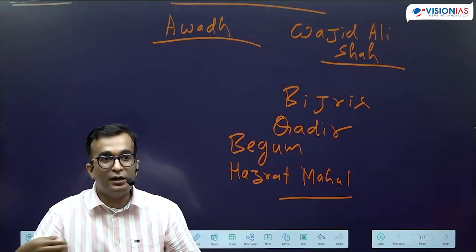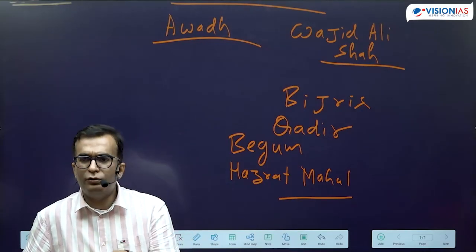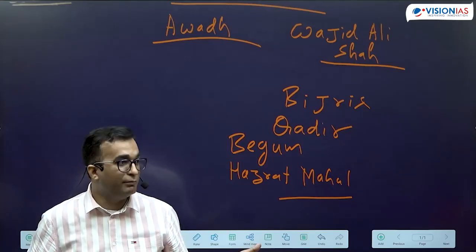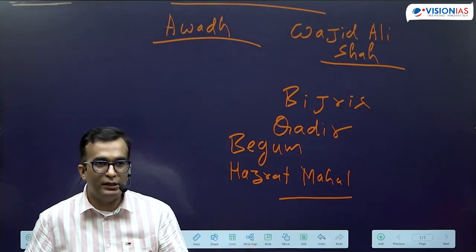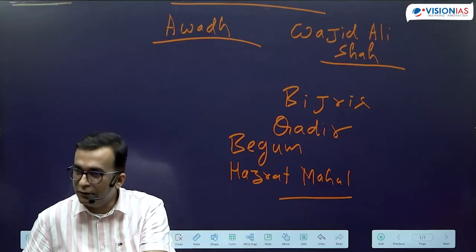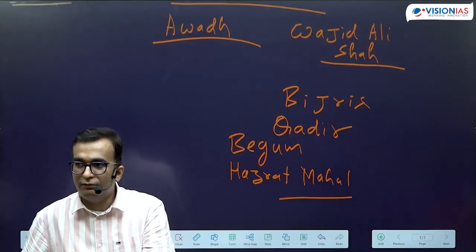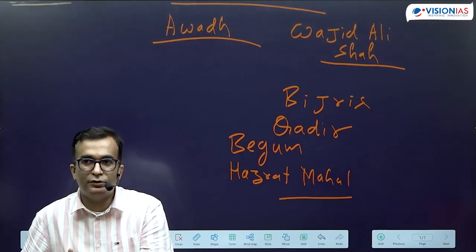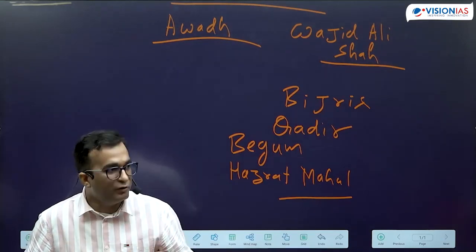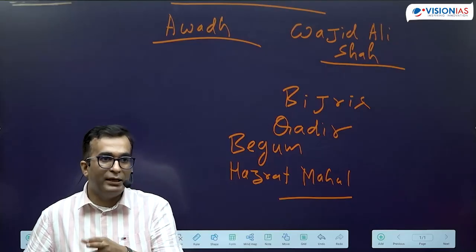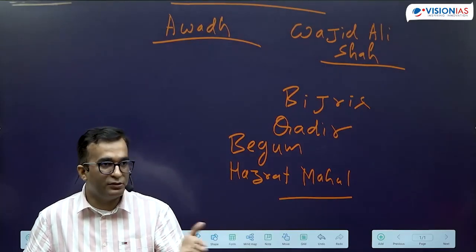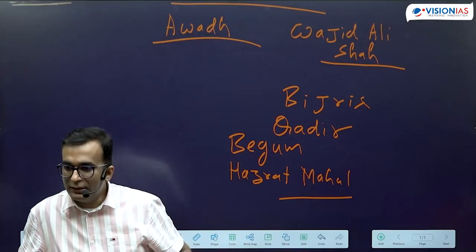So it is not that there is just 1 or 2 current questions; a current question could be from 5-6 years back also. Generally, the current questions are from the last 2 years, and in those 2 years, mostly 1 year. You can say that 90% of the current questions are from the last 1 year, but then 1 or 2 questions could be there from the last 3-4 years. Okay? So let's come back to this one.